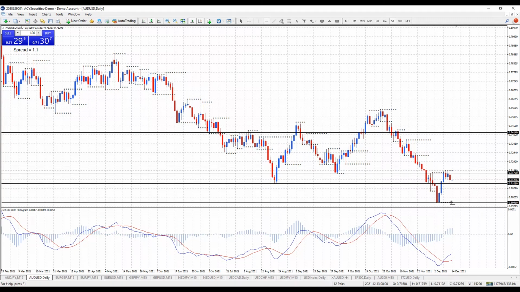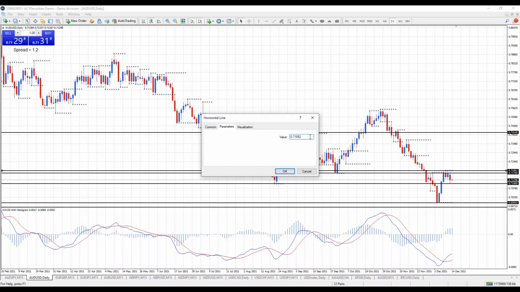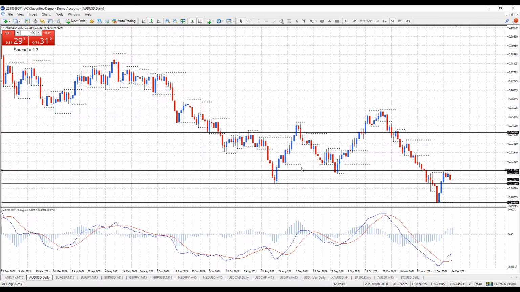In terms of support and resistance on the daily chart here, support is all the way down here at 69.93. I'm not going to draw it in because it's very close to 69.91, but there is a level there, and there's a minor level here at 71.73. I'm not going to draw that in because it's just going to have a very thick line overlapping with that weekly level. But then there's a top just here at 71.86. And if we do break above that level, the next level would be these levels through here. So I'm going to pick this one. It's at 72.20.